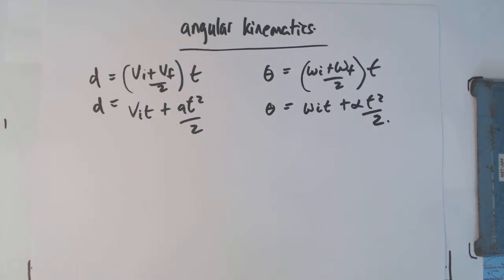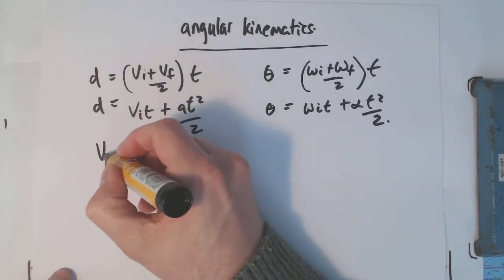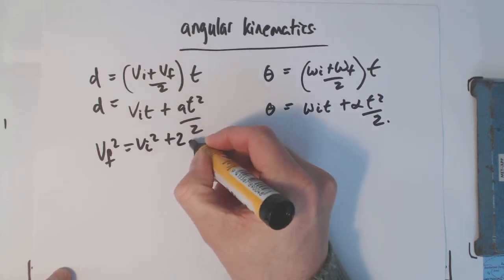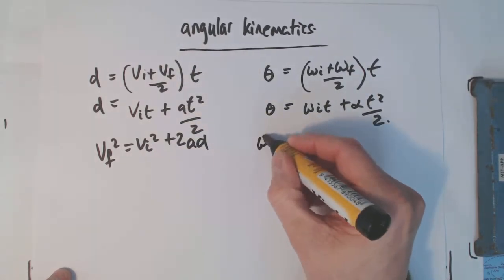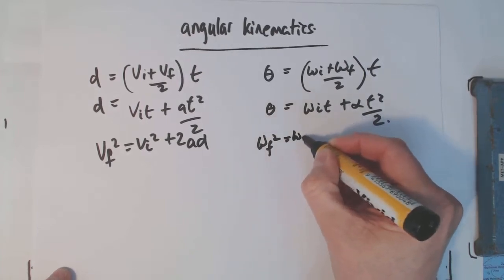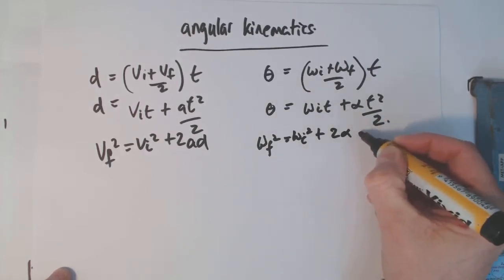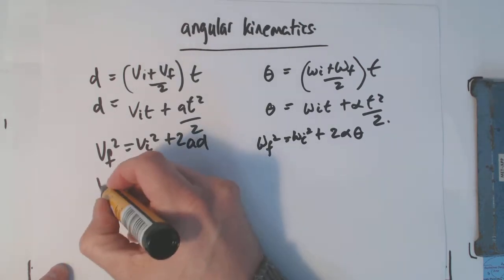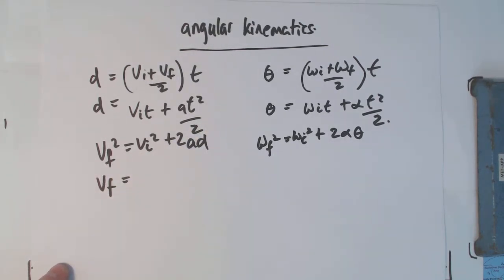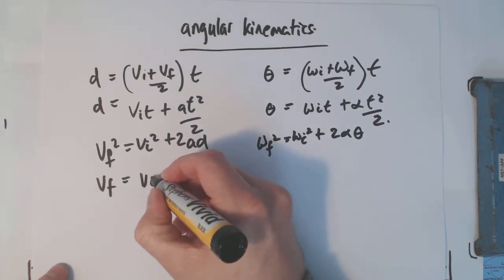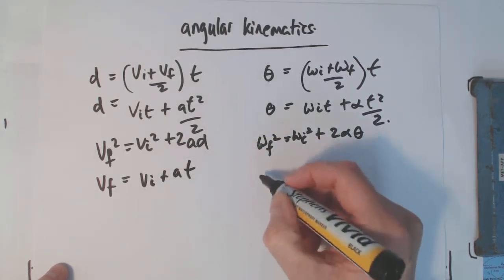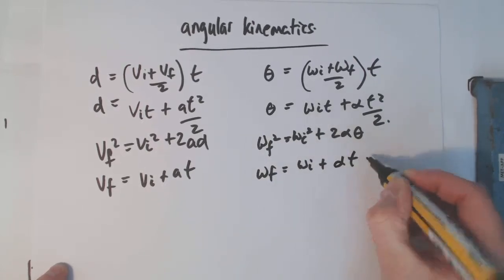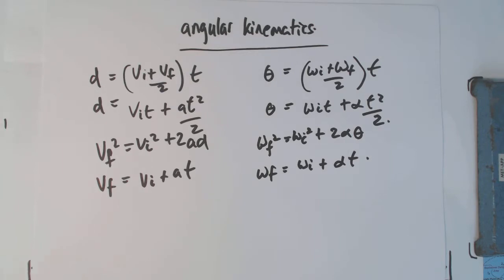And we can do the same thing with our other formulas, which were Vf squared equals Vi squared plus 2ad, so that's omega f squared equals omega i squared plus 2 alpha theta. Can you remember the last formula? Vf equals Vi plus at, which is the same as omega f equals omega i plus alpha t. So we've got those four formulas,